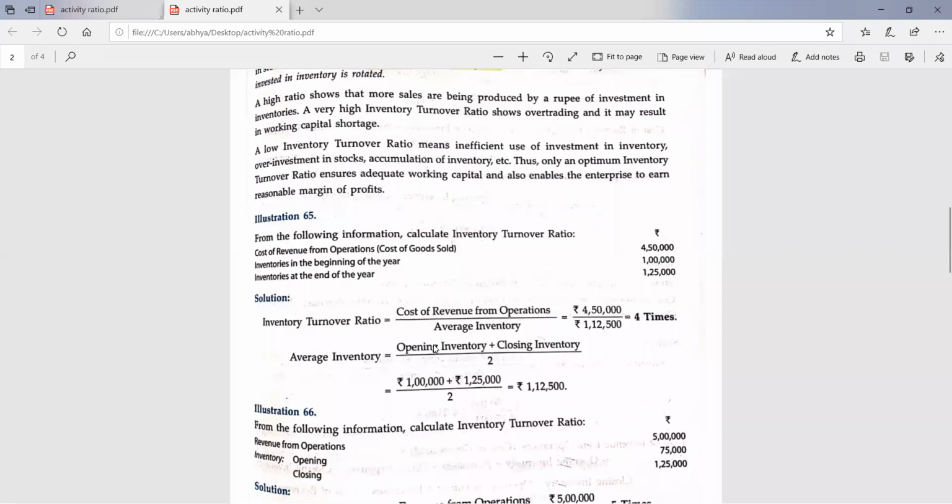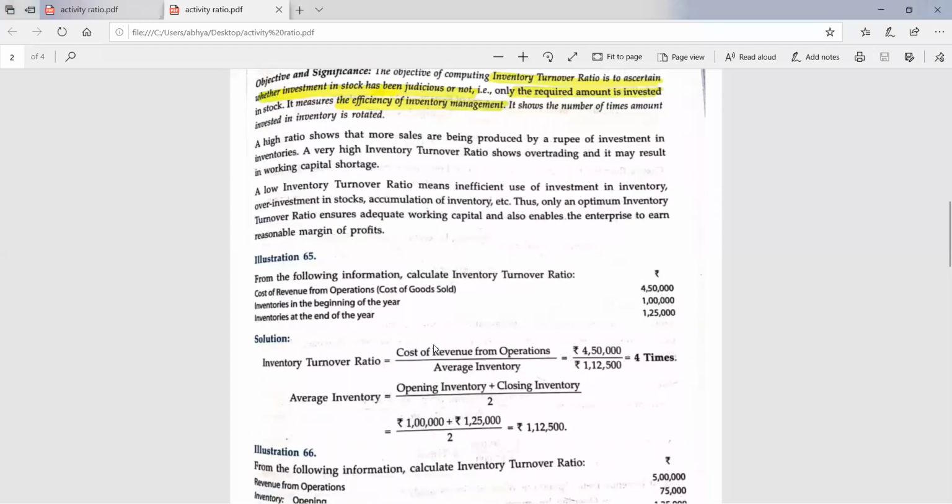Am I clear, students, with the formula, or should I explain anything in the formula again? Please tell me so that we can move to the next questions. Please tell me, is the formula clear? Yes, students, please tell me, is the formula clear or not, or should I explain the formula again? Okay, Thira is saying repeat. So I'm repeating the formula.